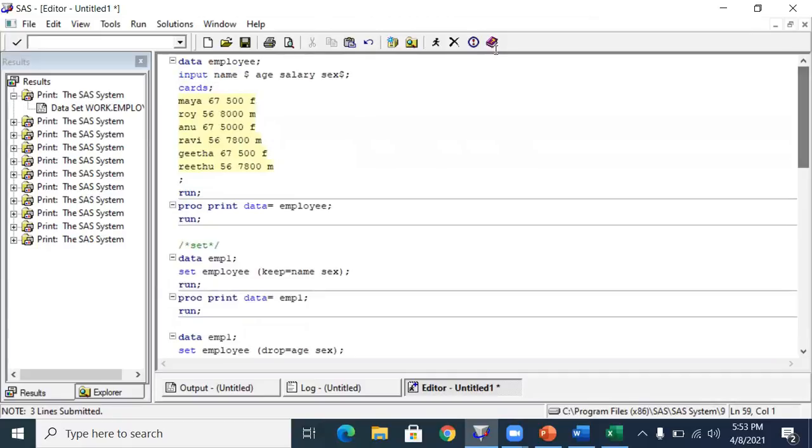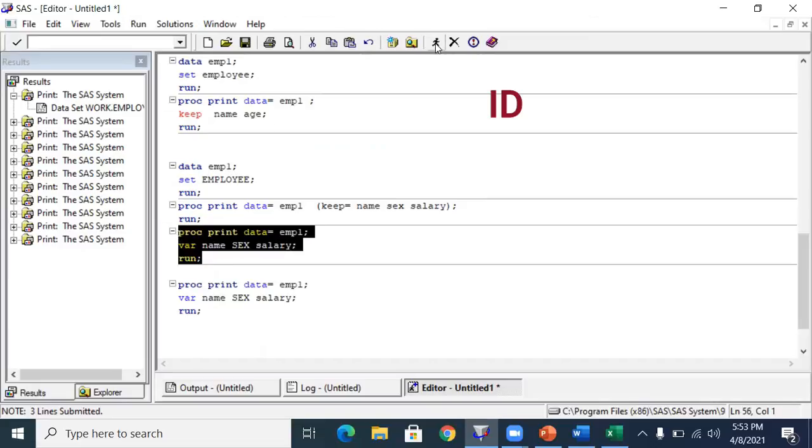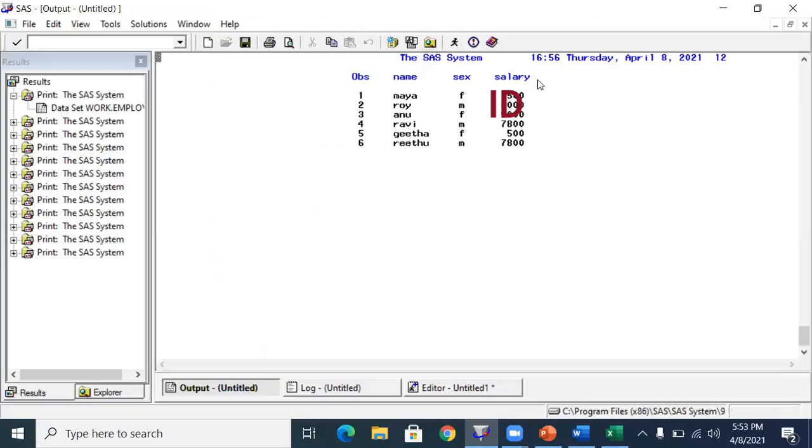Okay. So this is the way, even if you want to change only one or two variables, any variables. For example, I want to keep name and sex here. After name, I want to print sex, and then age and salary in the same order. If you have many variables and I want to just shuffle two or three variables, then instead of using the var statement, you can use the ID statement also. Because the issue with the var statement is that whatever variables you give here, only those variables will come in the picture. Here age didn't come, right? See, in the last output, we don't have the age.